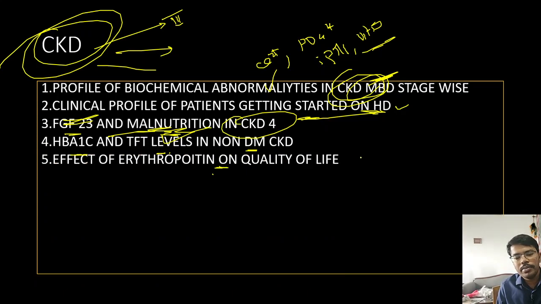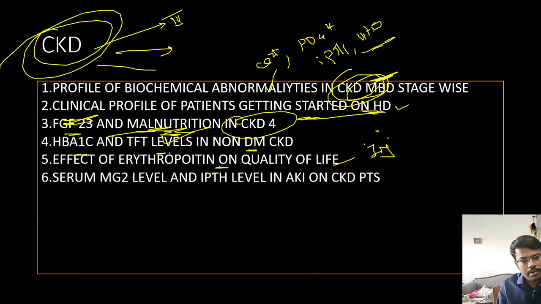Erythropoietin and quality of life. For patients who are started on erythropoietin injection in CKD stage 3, 4, 5, you can assess the effect on quality of life. How to check the quality of life? You can use some scale clinically by asking the history. You can use some scale to check the quality of life, which is very easy. Serum magnesium level and iPTH in patients with AKI and